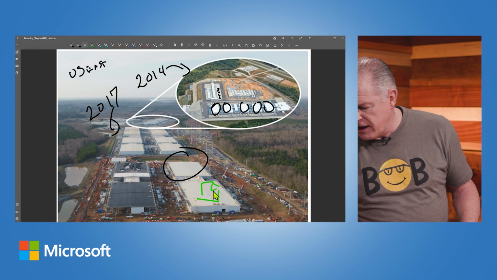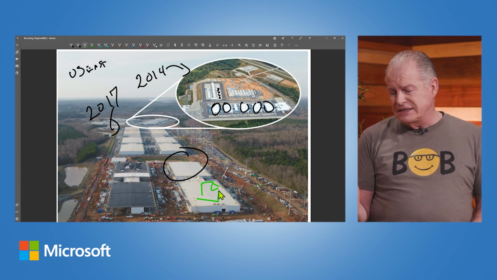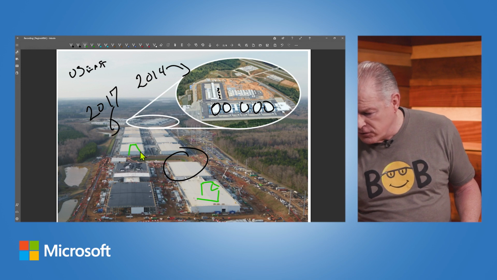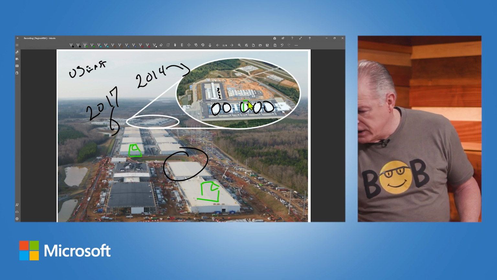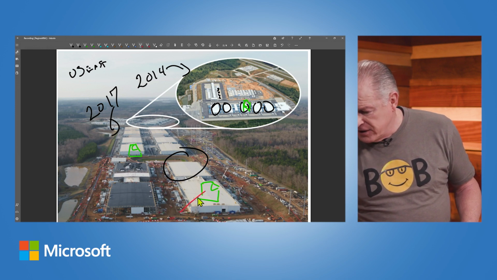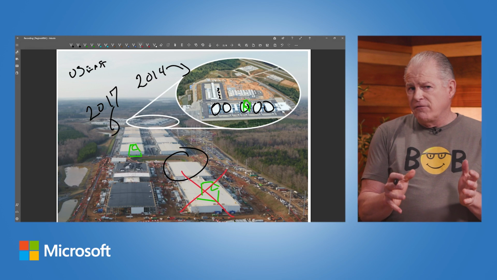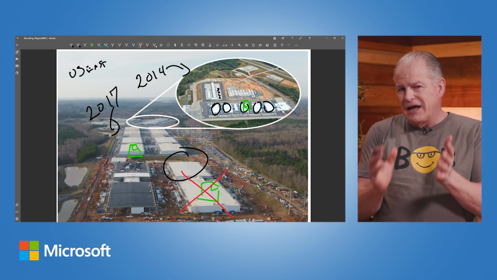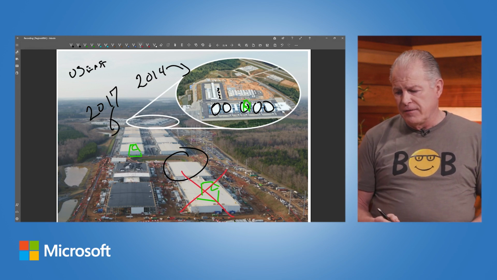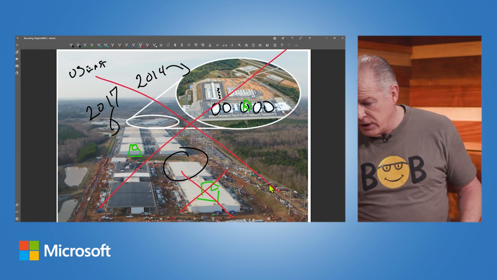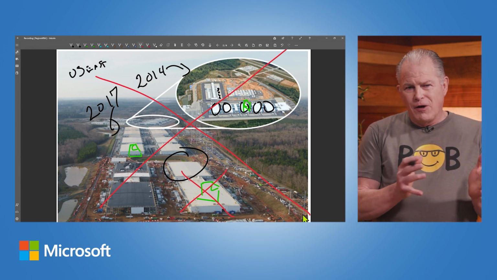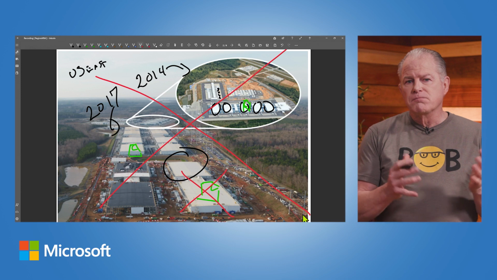So now instead of putting that file across 3 fault domains in a data center, it's going to put that file across 3 fault domains within the region. And that way, if my fault now becomes the data center, I now have zone redundancy because another data center within the region is going to be able to provide that data. Now, what happens if the entire region goes down? That's where we get into having your resources deployed across multiple regions.